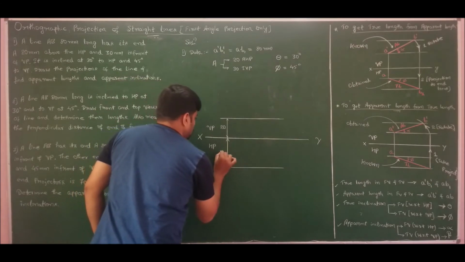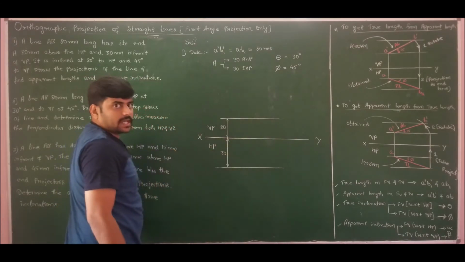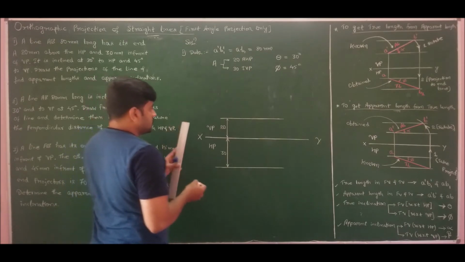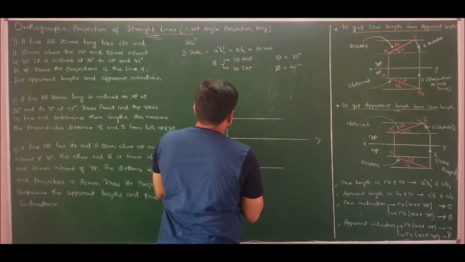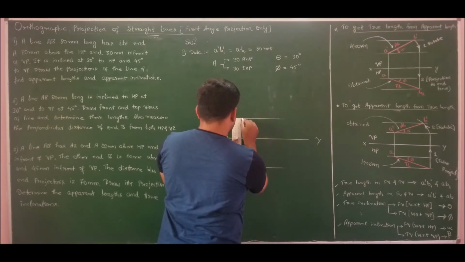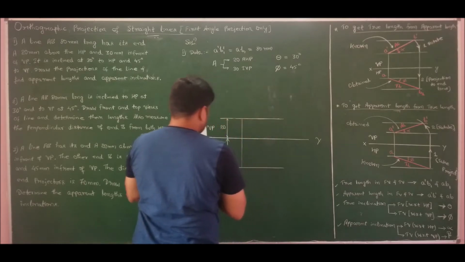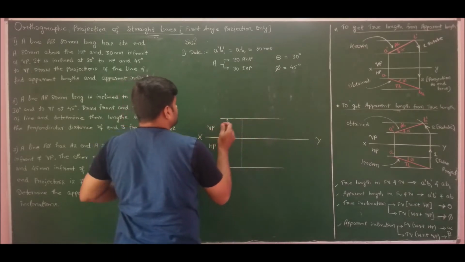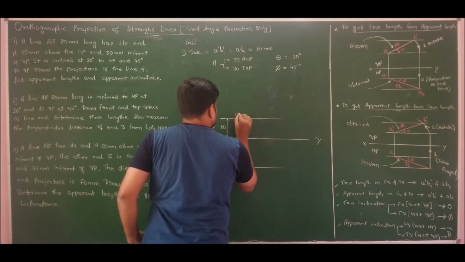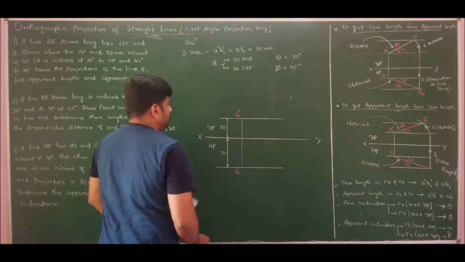We know the locus of A and A dash. Anywhere on this line I can fix the end A. So therefore, let us fix end A and A dash first. Taking the projection, I have fixed end A dash and end A.